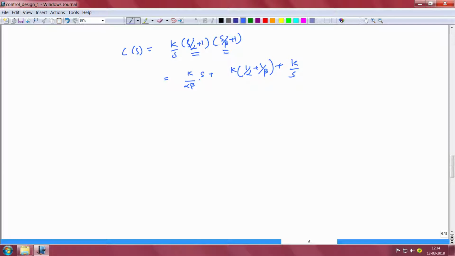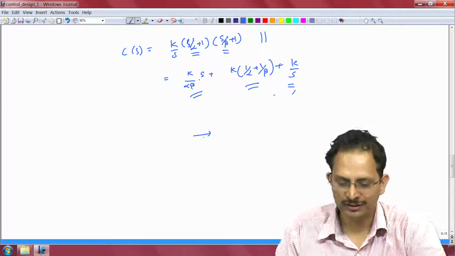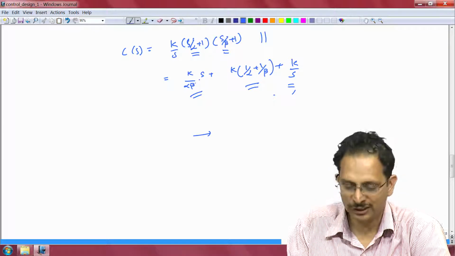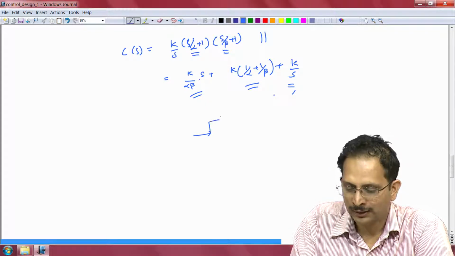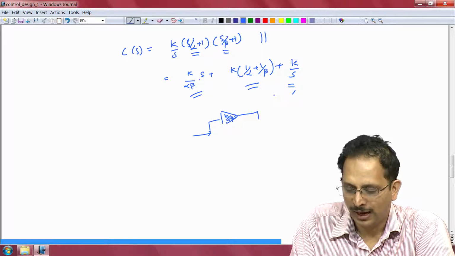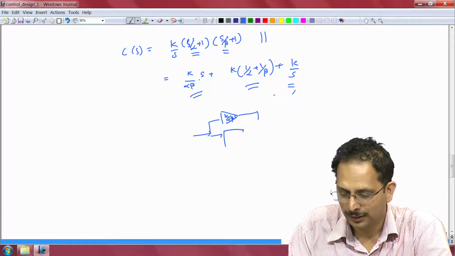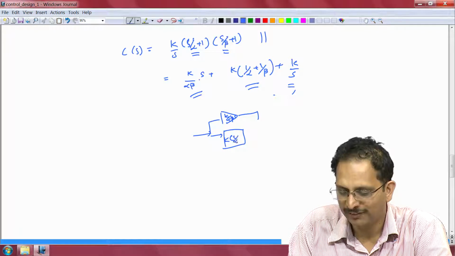Now typically PID controllers are represented in this particular form and not in this form, and that is because as far as implementation of a PID controller is concerned, it is easy to implement this particular form. So one can employ operational amplifiers and achieve band limited differentiation and thereby realize this term k by alpha beta times s, and then one can use a simple proportional amplifier and realize the term k times 1 by alpha plus 1 by beta.